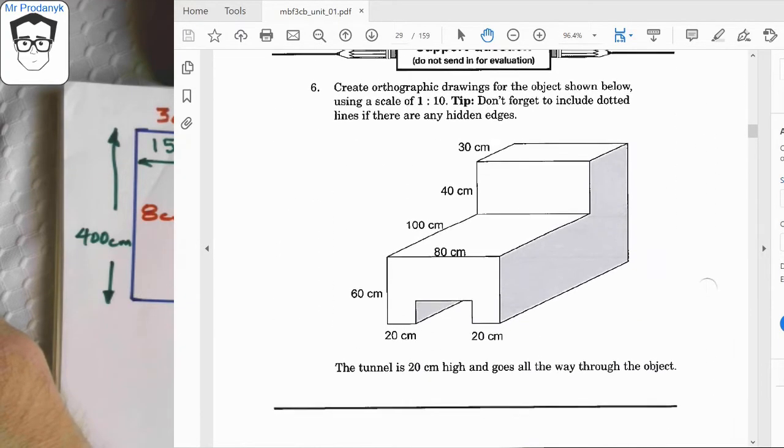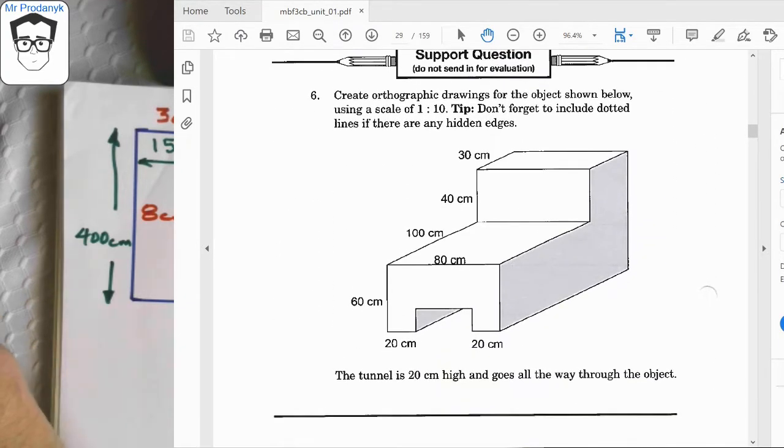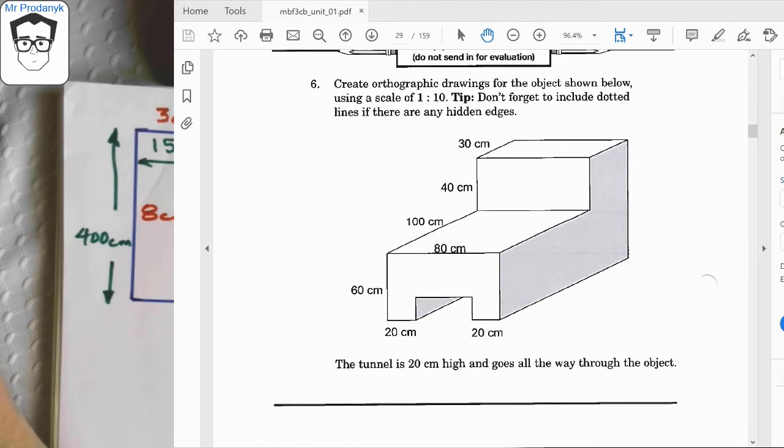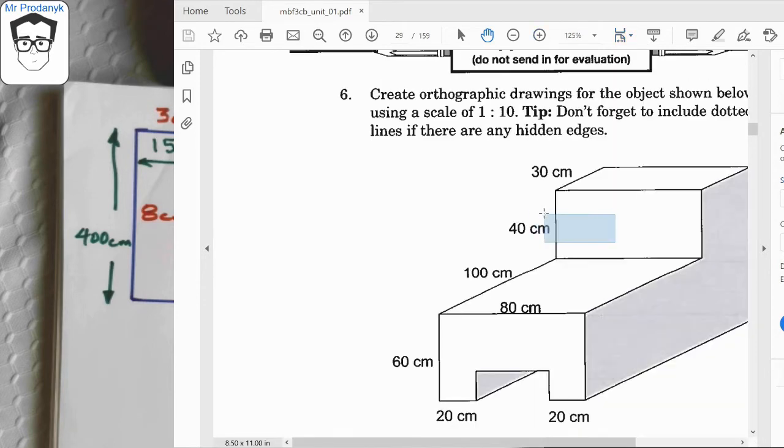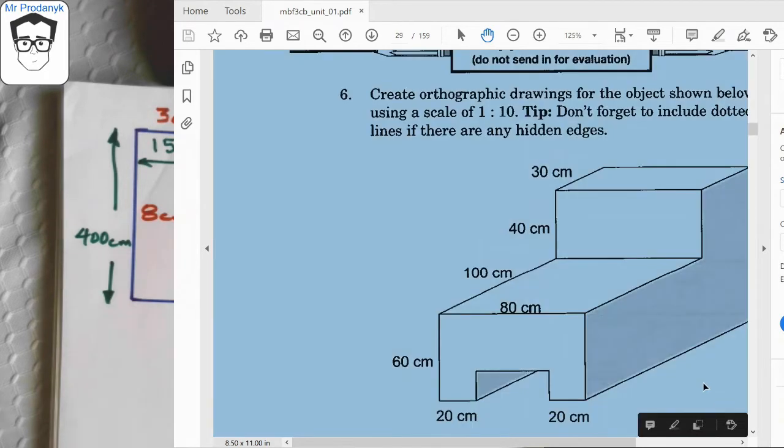So we move on to the next support question here, and it wants you now to create an orthographic drawing of this particular shape here, using a 1 to 10 scale ratio of what is given to you in these drawings here. Okay, so a 1 to 10 scale, which means we're going to have to take every one of these drawings and divide that number